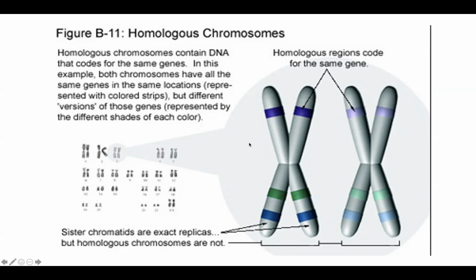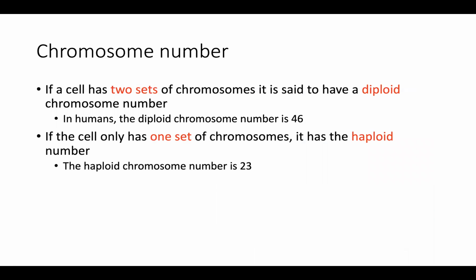For example, I like to use the eye color analogy because we can easily identify with eye color. We can all have different eye colors; even siblings might have different eye colors. That's because homologous chromosomes code for the same trait, but the information may not be the same. We'll talk about alleles in our next unit when we get to heredity and genetics.